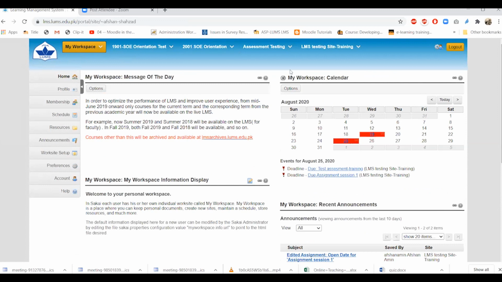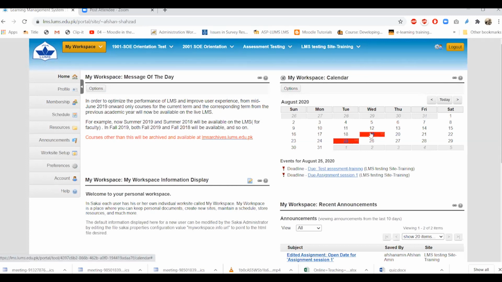In My Workspace, you can see a calendar option, and in the calendar, you can see these highlighted spaces. These are basically assignment deadlines. When your instructor gives you an assignment and adds it to the calendar, you will see a red highlighted area in your calendar that shows these are your pending assignments for a specific class.